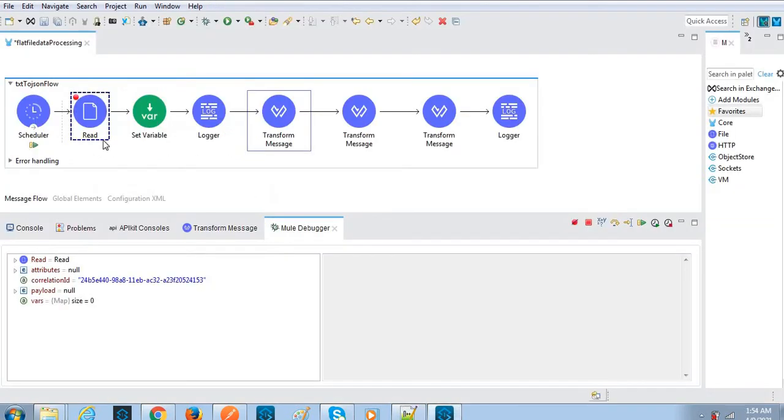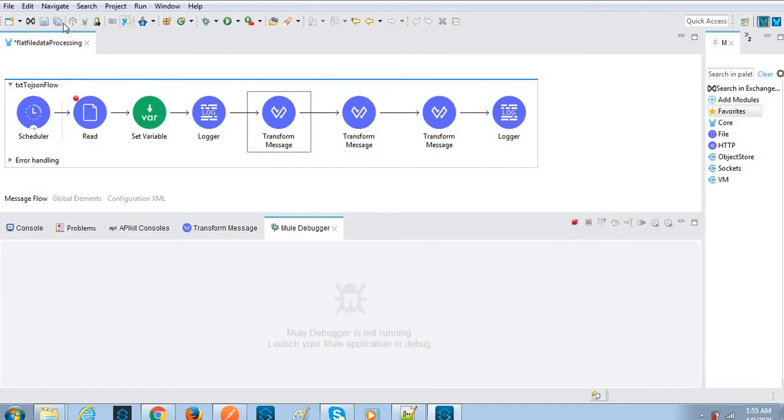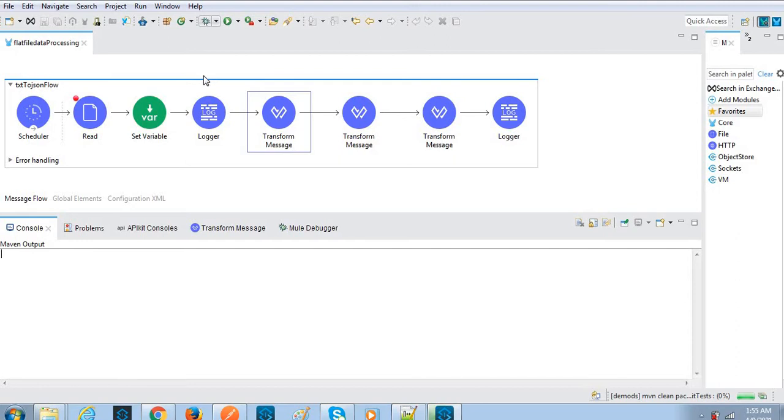So we'll quickly jump into the flow. Here we have the read component to read the given file. Here we have the transformation. I ran the application earlier, so let's stop the application, save it, and run once again. Meanwhile, we'll go through the